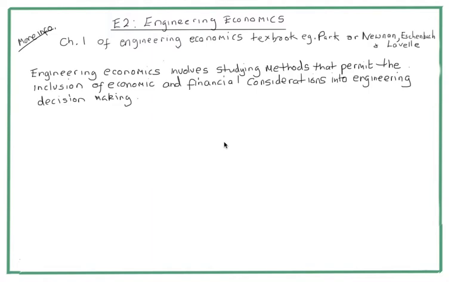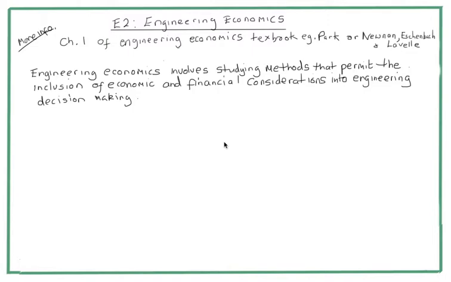Okay, this is E2 Engineering Economics. If you want more info, any introductory chapter of an engineering economics textbook would be great. Chan Park has a book that I like quite a bit, Fundamentals of Engineering Economics. I think he has another one too. And then also this Noonan, Eschenbach and Lavelle book from Oxford University Press is really good as well. So just check that out if you want more information, and also take a look at the E2 summary notes,